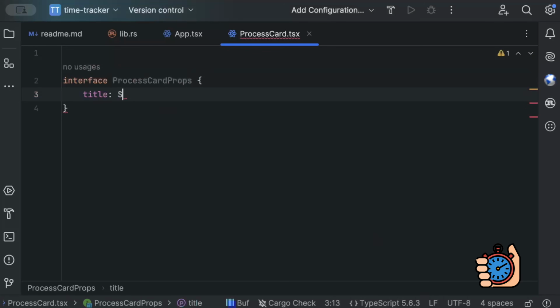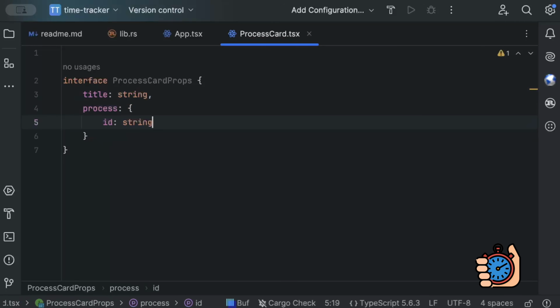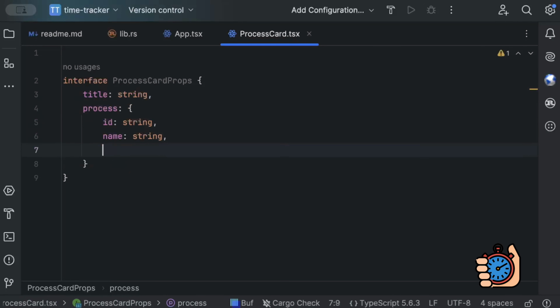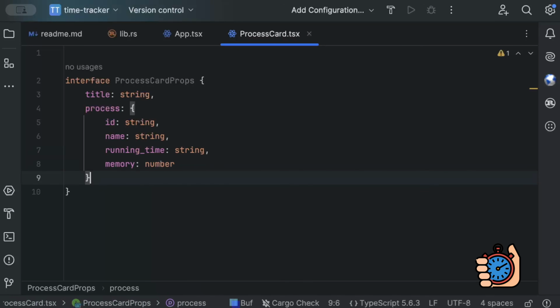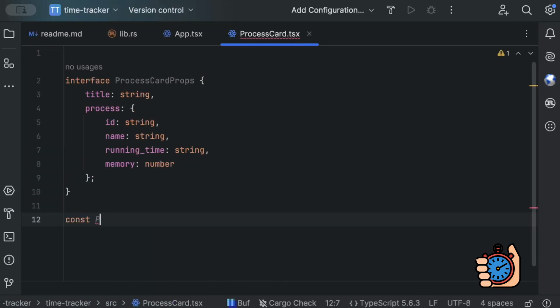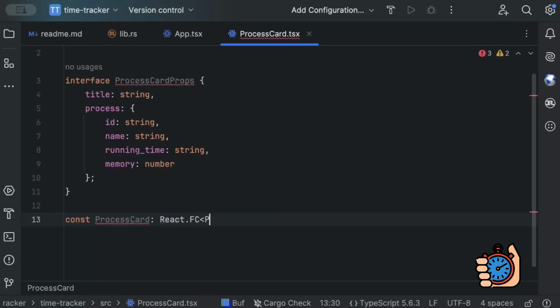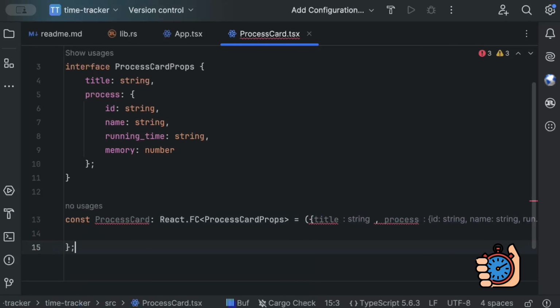title as string, and then we have process which has an id as string, and name as string, and running time as string which will be formatted, and memory as number. Now let's add the process card React FC process card props, and here we'll just pass our title, process, and return